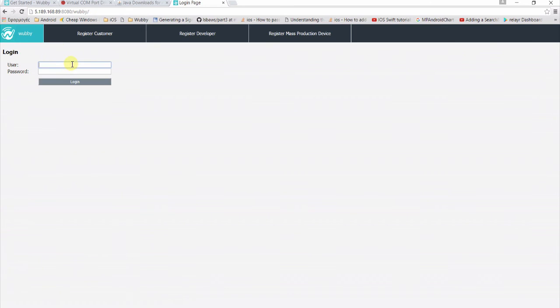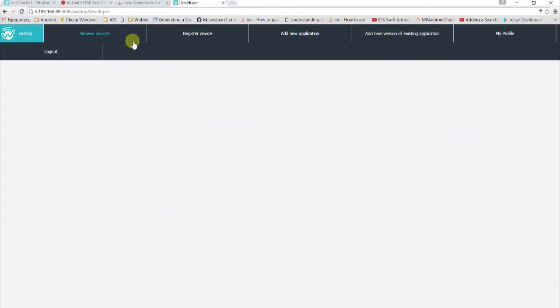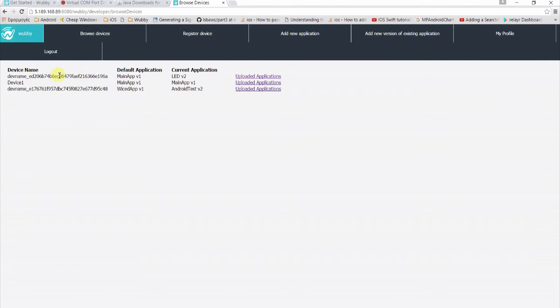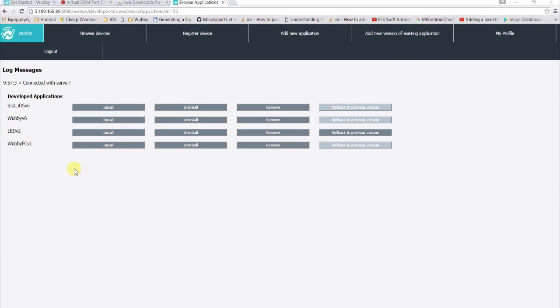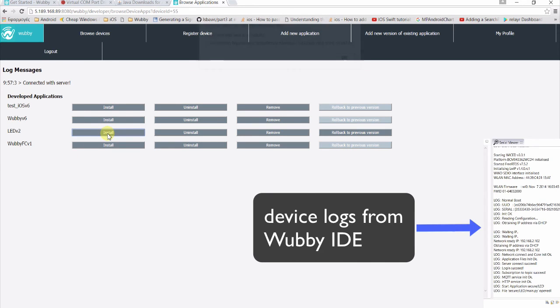Now let's open the Wabi client web page and log in as a developer. Select Browse Devices, and next to your device you will be able to see the default applications for that device and the currently installed application. Also, if you click on Uploaded Applications, you will be able to see a list with all the applications that have been uploaded to the cloud. If an application has been uploaded more than once, a new version is created. The developer is able to install an application directly from the web interface.